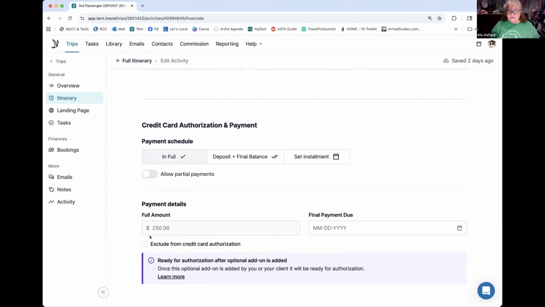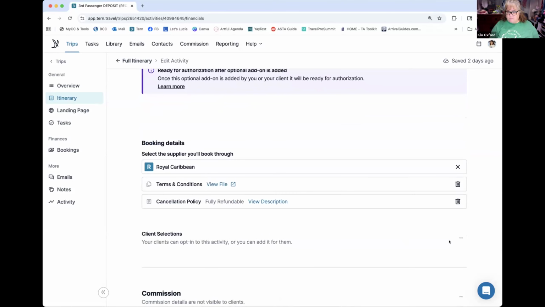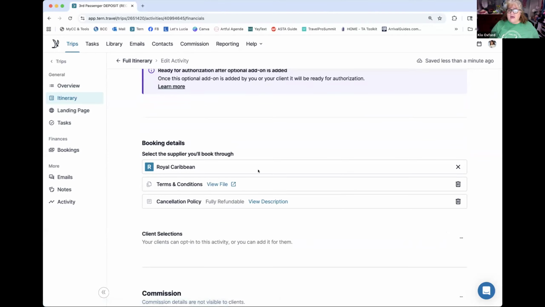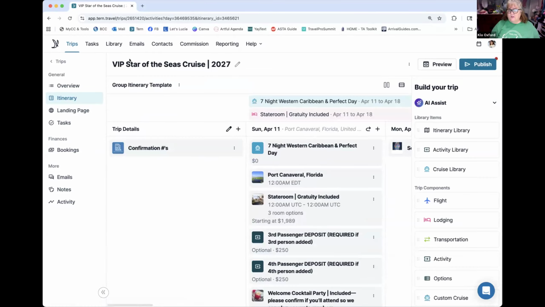I put in the amount here. I put in the supplier information. And before I did this, I'm going to go ahead and make this not optional. This is what it looks like. I checked it to make it optional. That way, when they go through the process of signing up, I'm going to show you what it looks like